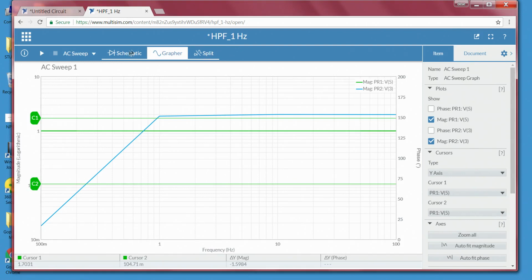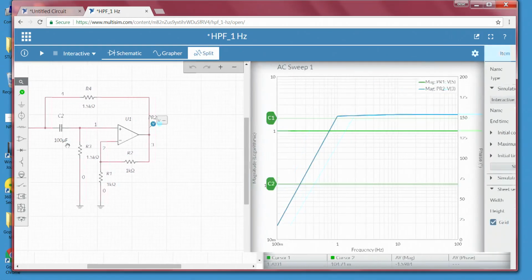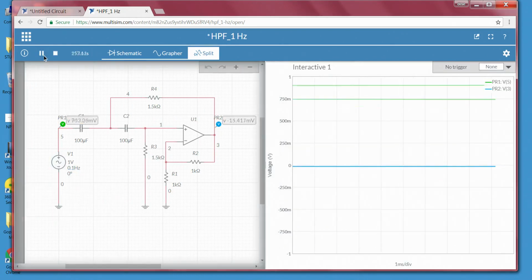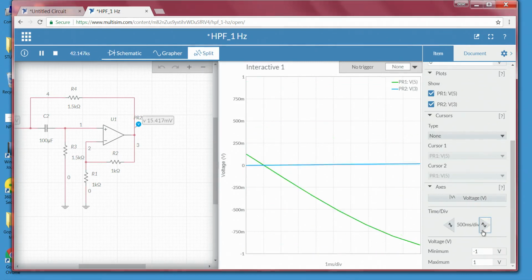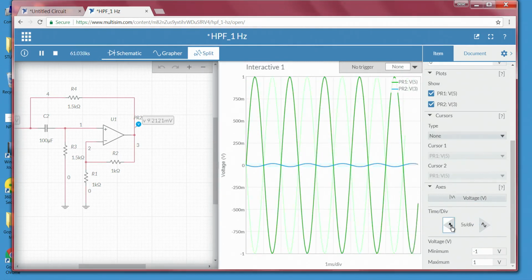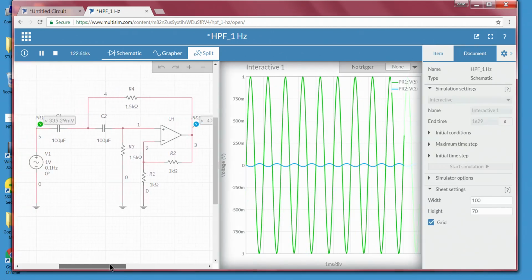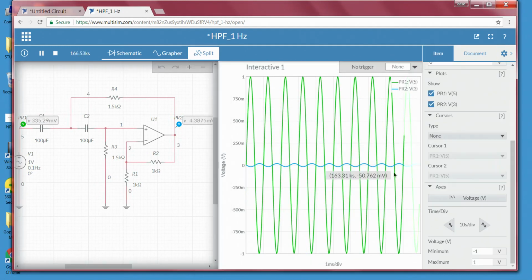Or one way to look into that, rather than going into this, is to go to interactive and split it. Let me close this. We will split it and change the frequency from 0.1 Hz itself. Let me run it. So, we will change the settings. What is happening now? The peak voltage that we get is 2 volts, as we know.